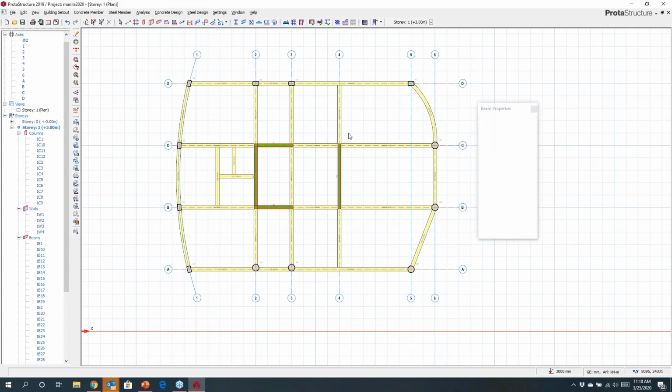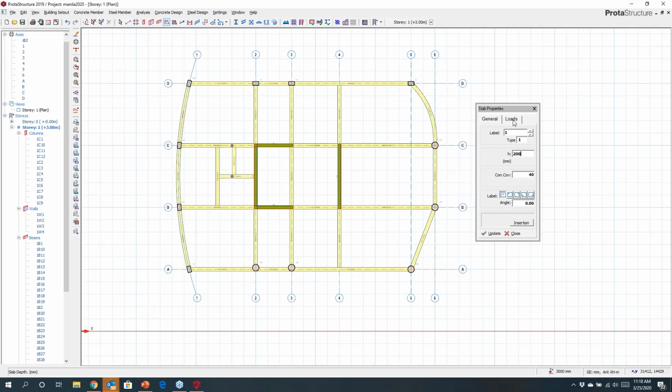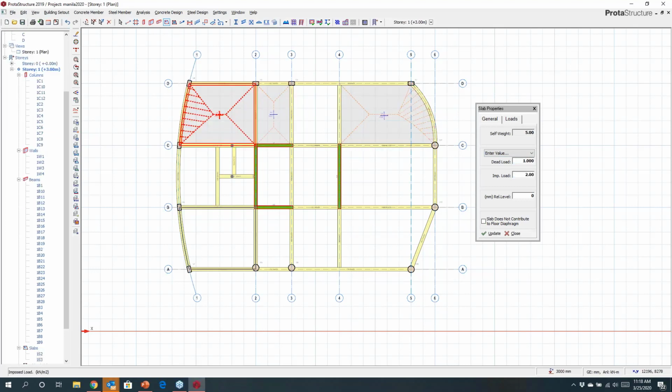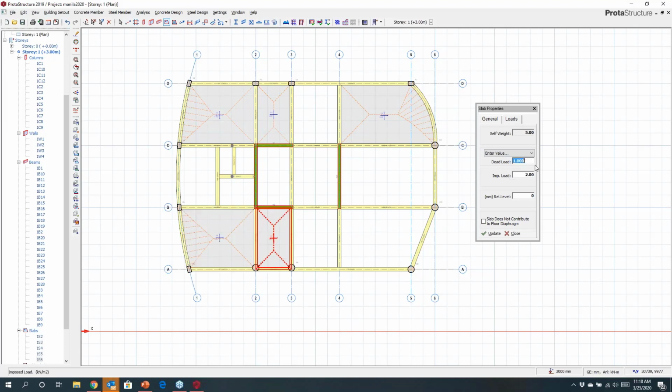At this point, I'm going to come and establish my slabs, and you can key in the thickness of the slab you want to create, and then you can come in and assign some loads. Now, we do have libraries where you can build up finishes and the like, you know, screed, marble, tiles, and so on to create your self-weight, or you can come in here and key this in. So I'll just key it in, and I'll just come in and create some slab loading there. Okay, now you can put in different loads here. You can just type them in. So maybe I've got a slightly lower live load, or maybe my live load's more. Okay, we can just come in and create these to suit the